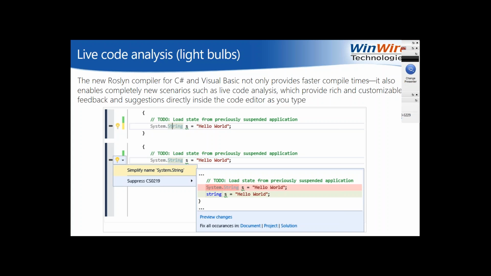So it will say simplify name System.String. What you can do is declare just a string. You don't have to call it System.String. So that is just a very basic example, but it will give you a lot more insights into anything that